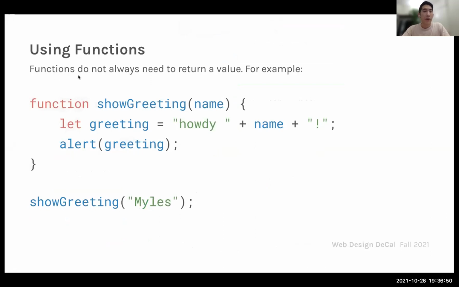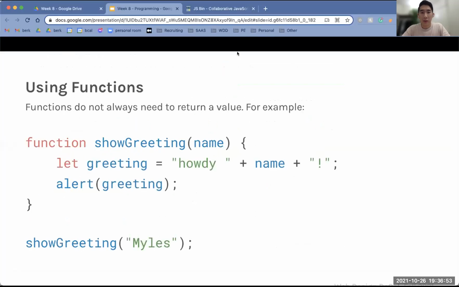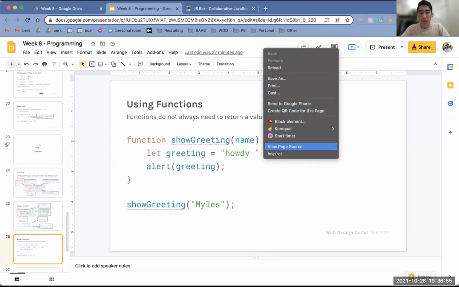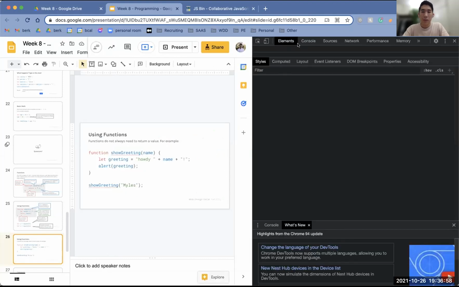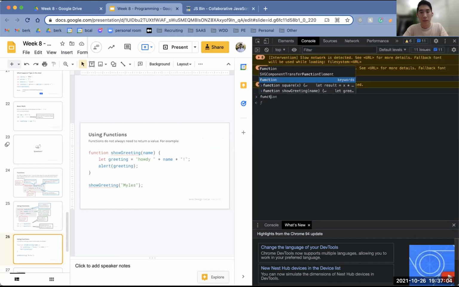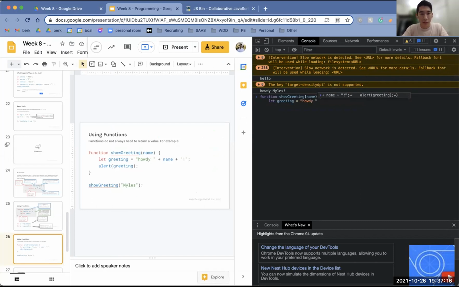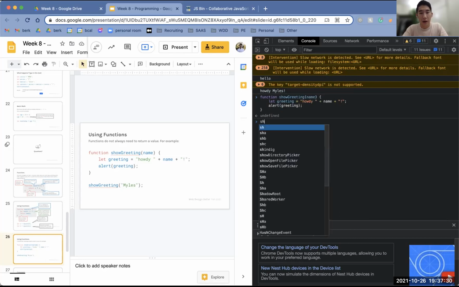However, functions don't always need to return a value. For example, you can define another one. I guess I'll just run this function as well. So we have this function showGreeting, and then let greeting equals howdy, this is sort of just what we were doing earlier, plus name plus exclamation point. And then we want to alert that greeting. Now we have our function defined, and now if we do showGreeting,